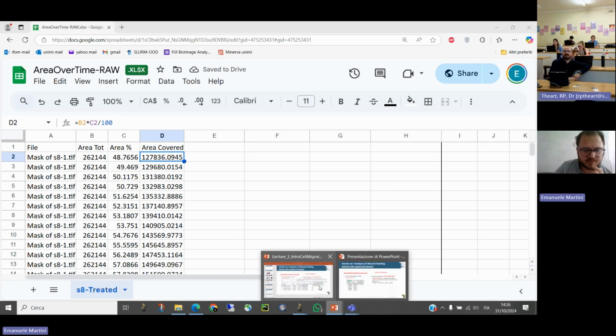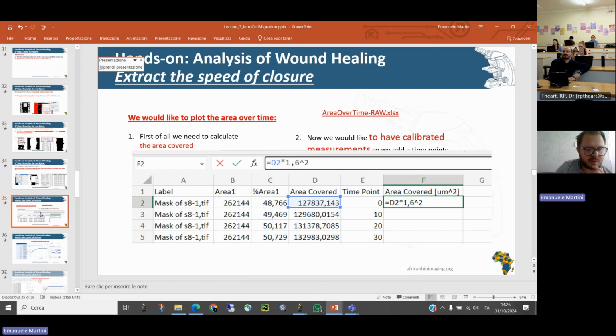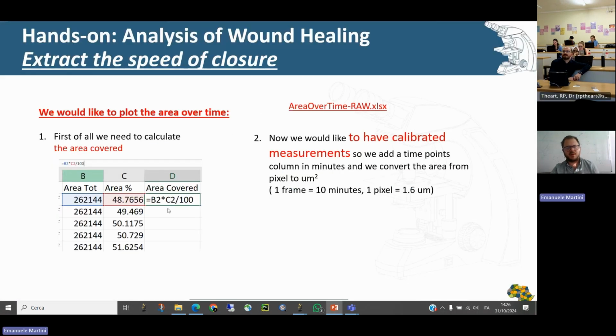So the formula is this one. Where is it? I lost the formula. Okay, it's here. The formula is this one. And then you drag and drop, or double click, and it will auto-fill the whole column. Okay, proceed. The second thing, very important in biology, is that you are working with real physical objects,